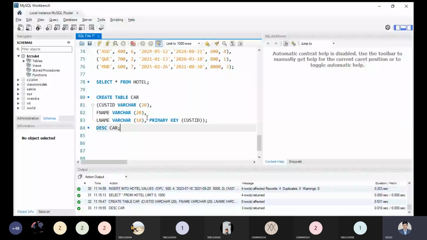Sir, we can write the primary key after varchar as well, right? In customer ID, after varchar where we have written 20, after that if we write primary key, then also it will work, right? Yeah, that will be applicable, and I'm not pretty sure right now, but in Oracle it was possible. So it depends on which database you are using.